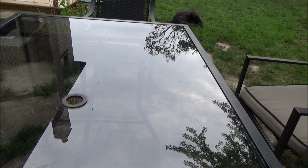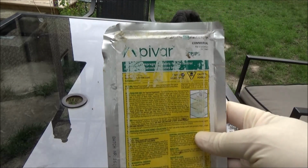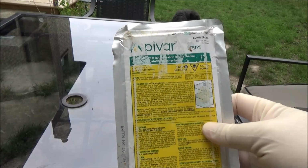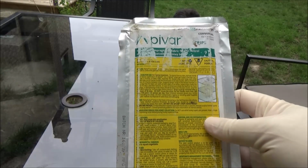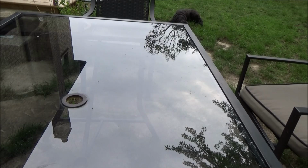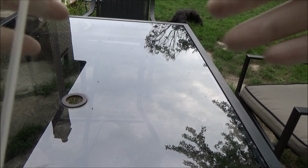So let's start off with Apivar. So Apivar kind of looks like this. It comes in a vacuum sealed pouch, and it is a bunch of synthetic plastic strips. So I'm just going to show you what they look like here. So it's a plastic strip that looks like this,